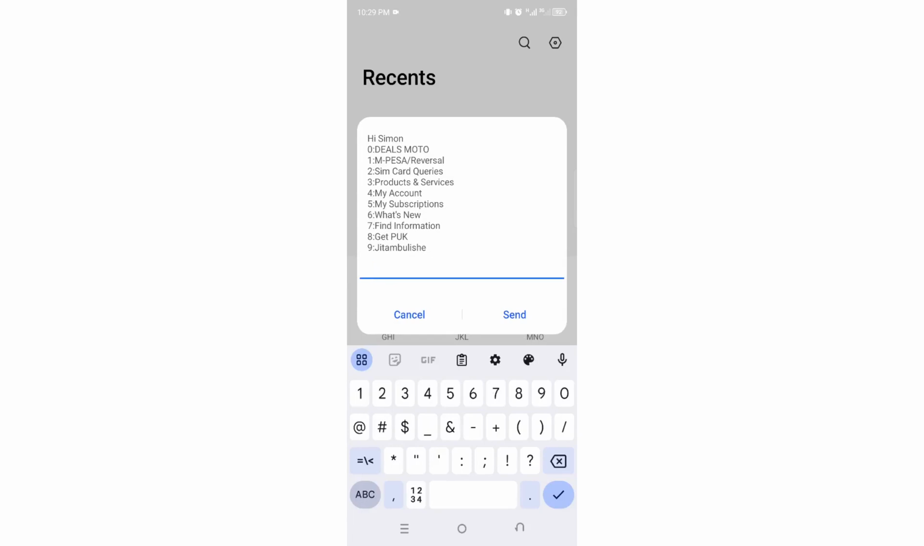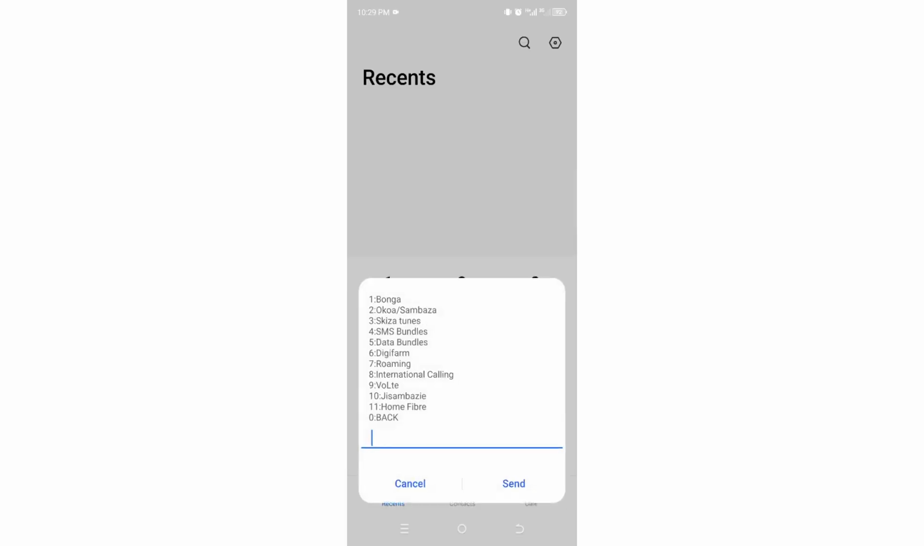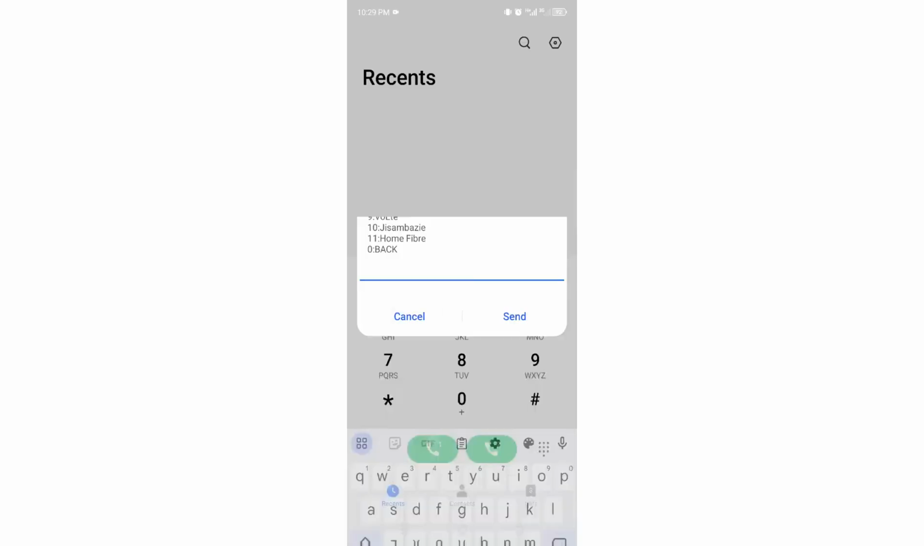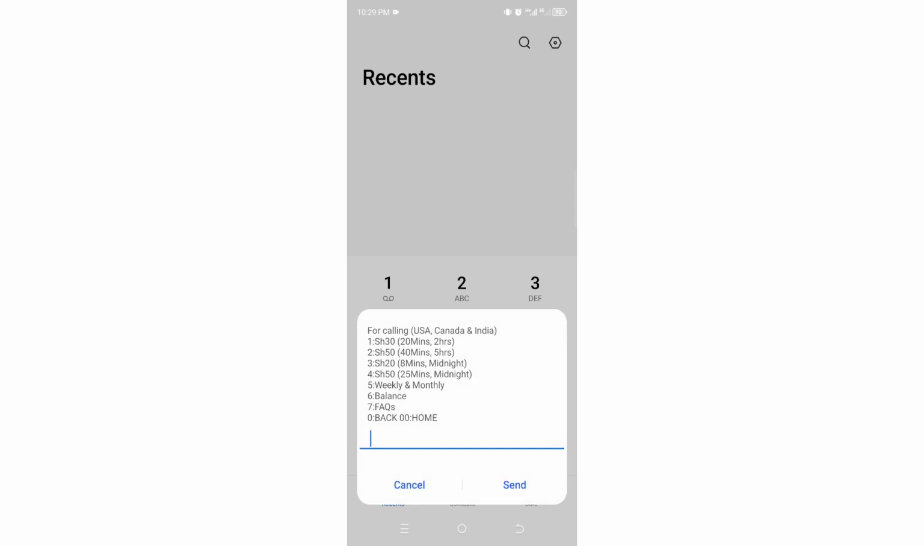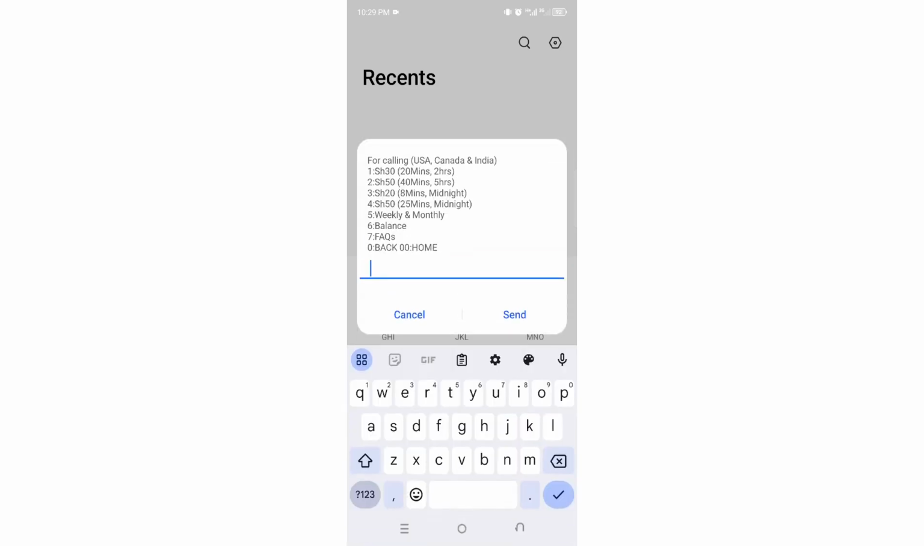What you require to do, just choose option 3 where we have products and services, then click send. Then after getting to this interface, you just need to choose international calling, which is at option number 8, then click send. Then you have various offers here where you can purchase the package of your choice, either weekly, monthly,